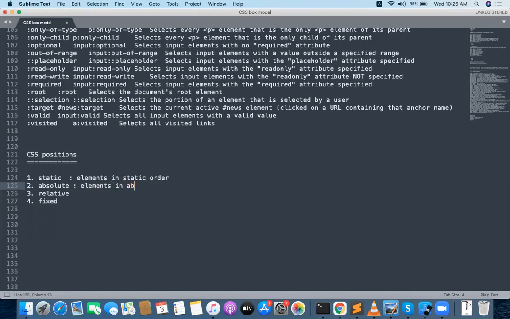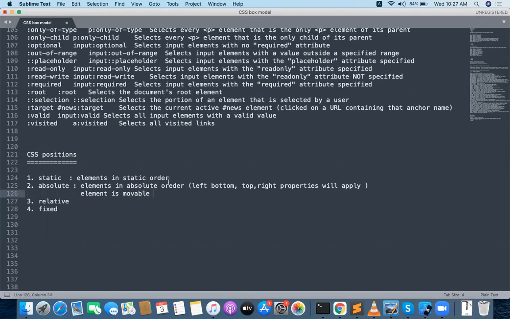Absolute position: elements in absolute order, and here the left, bottom, top, right properties will apply. And one more concept is the element is movable.